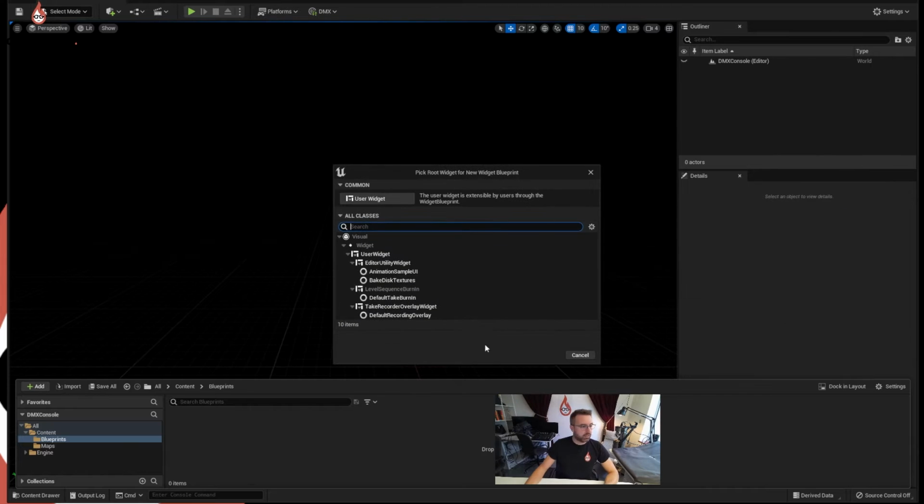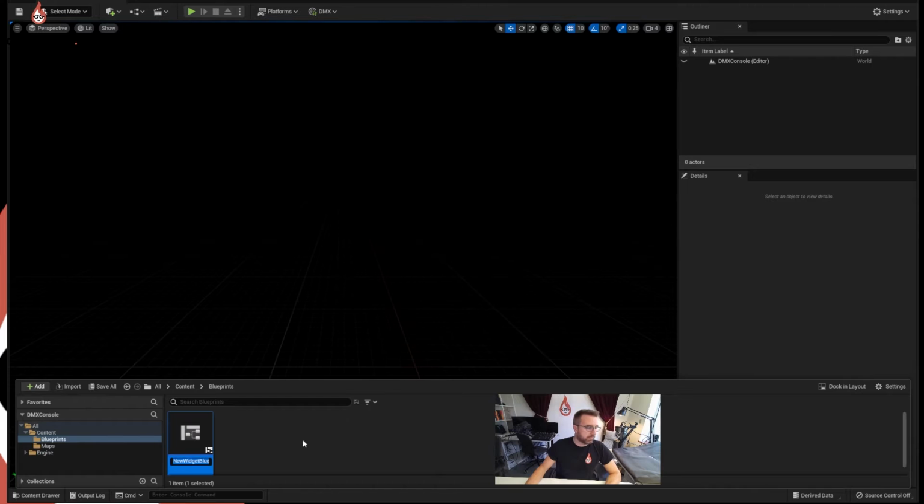I'm given a toolbar here which I'll drag over so you can see it. Lots of different types of widgets that you might want come from the default layouts, but we're just going to create a normal user widget. It says here, the user widget is extensible by users through the widget blueprint. So we can click on that. It's created us a nice little widget. We're going to call it BP underscore, BP for blueprint,